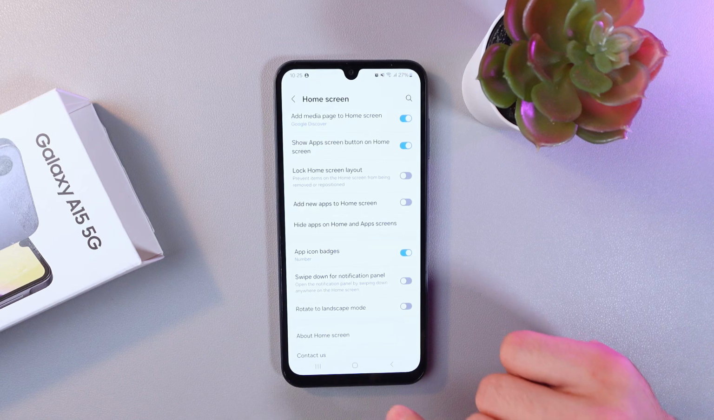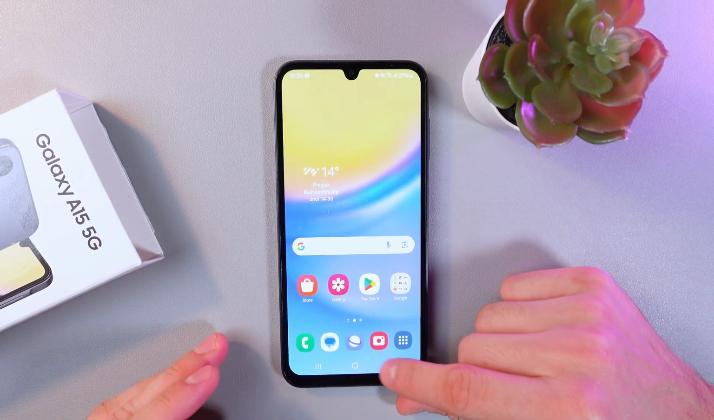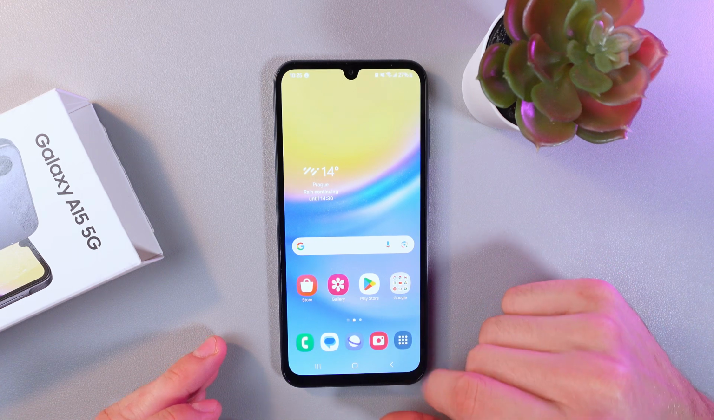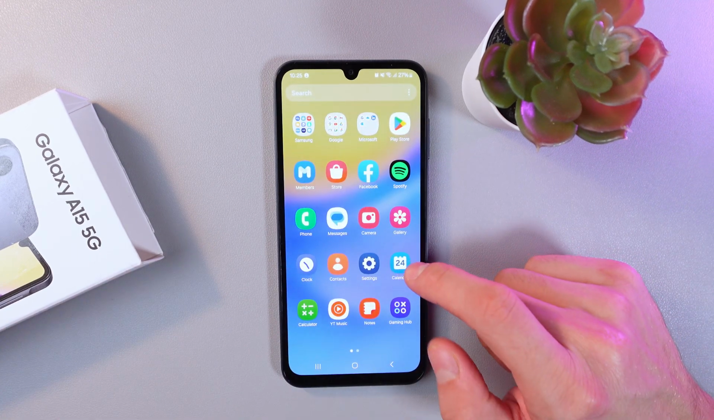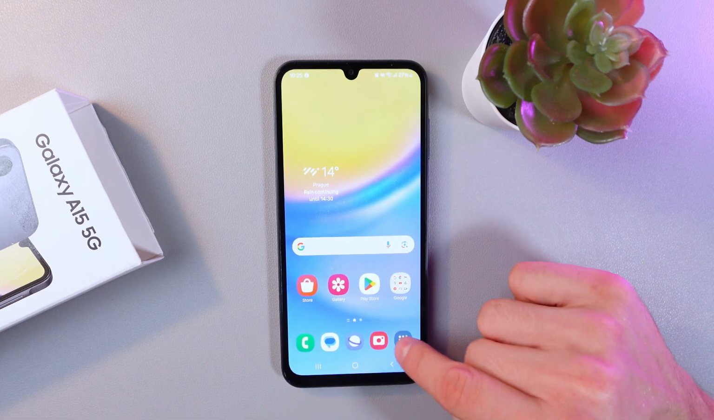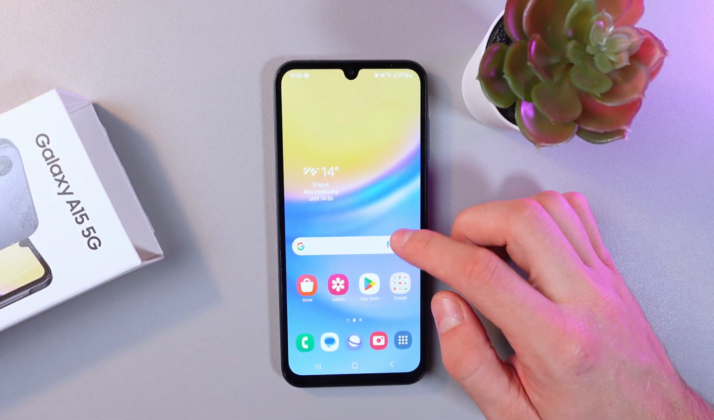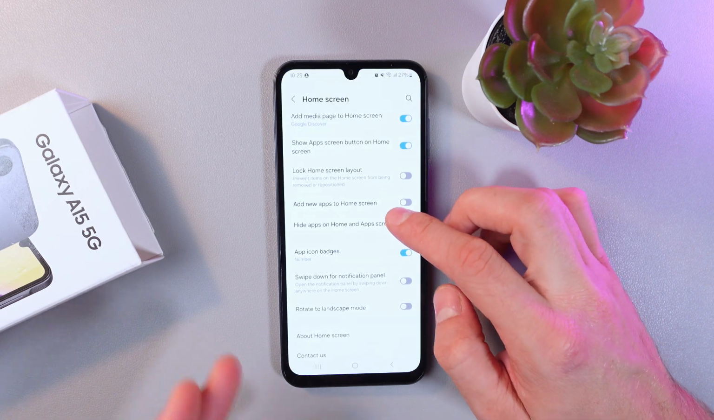Now let's check if something changed. So let's go to our home screen, and as you see, this button is enabled. Now you can click here and your app screen is opened. So just like that. If you want to disable this option, simply go back to your settings, go back to